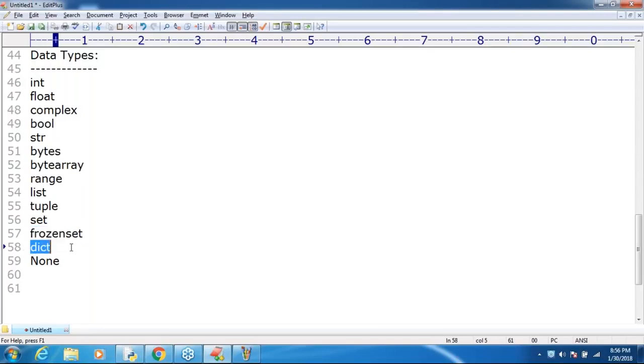Dict is nothing but dictionary. Key value pairs, 101 Durga, 102 Ravi, just like the map concept or hash concept in other languages. In Python, we have dictionaries. None means nothing is there, just for that, none. Clear? Are you in a position to understand? It doesn't mean data types got completed, sir. I'm just starting the data types concept.